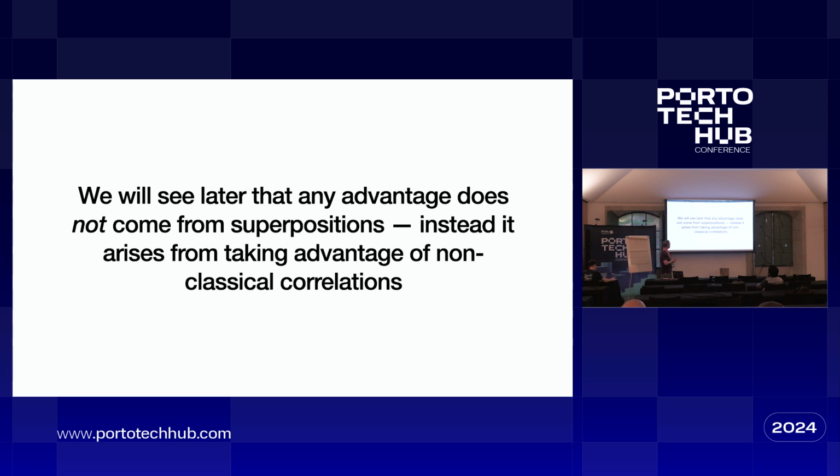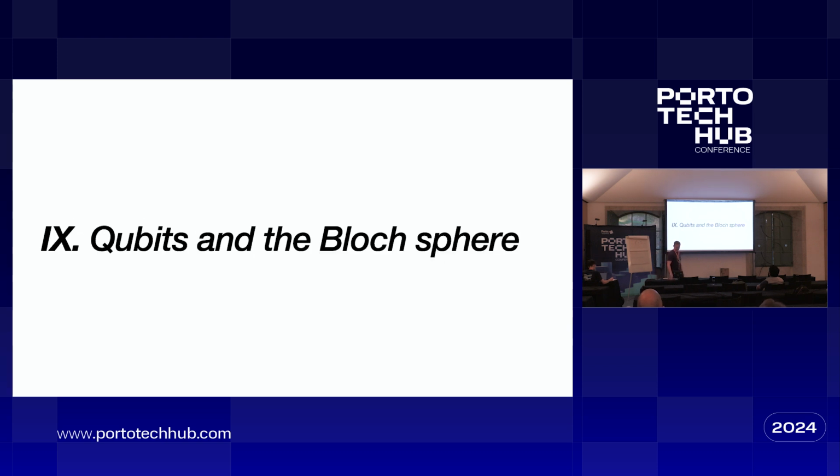And we'll see in a sec, hopefully, we still have about 40 minutes, that any advantage does not come from superpositions. And I hope that's clear now, right? I hope that all the work I went through to talk about classical probabilities and how they're superpositions of these states shows you that the difference between quantum and classical is not superpositions, okay? It's a little bit deeper and more subtle than that. It's in these complex numbers somehow. All right.